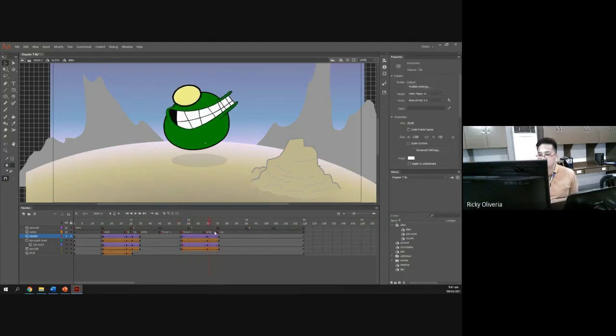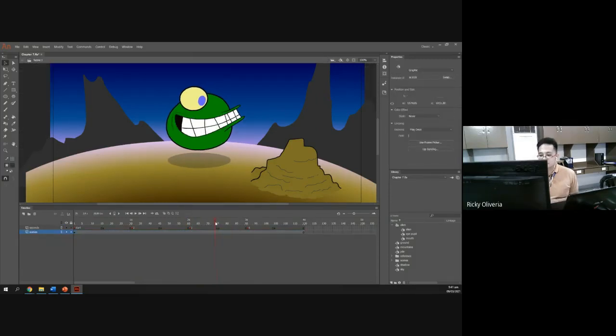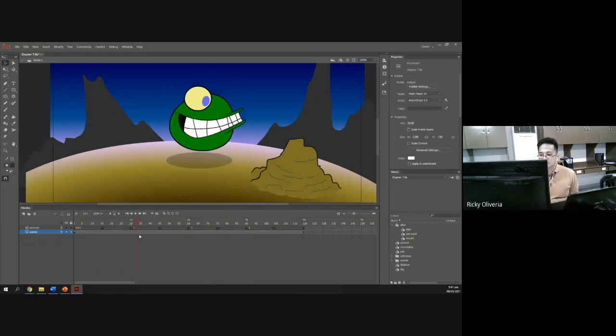Okay. So, pagka tinignan natin dito sa scene, maayos na itsura niya. Hindi siya mukhang nag-glitch. Pagka tinignan natin sa outer scene natin, okay, yan. So, pagka plinay natin yan, okay, using enter. Now, you could actually play it using